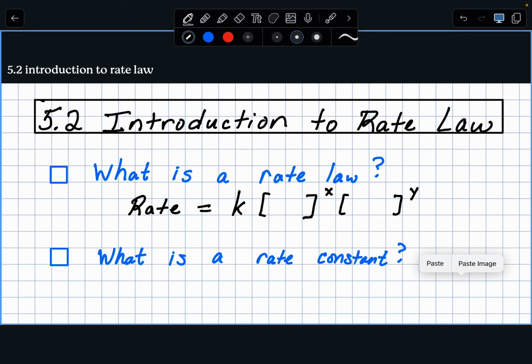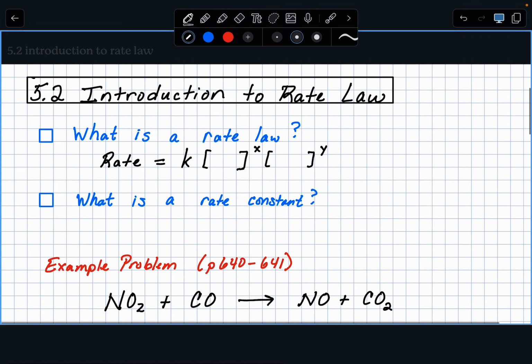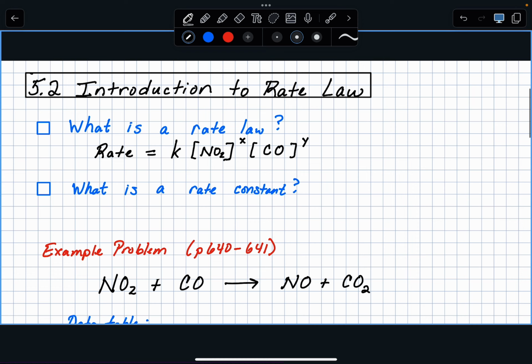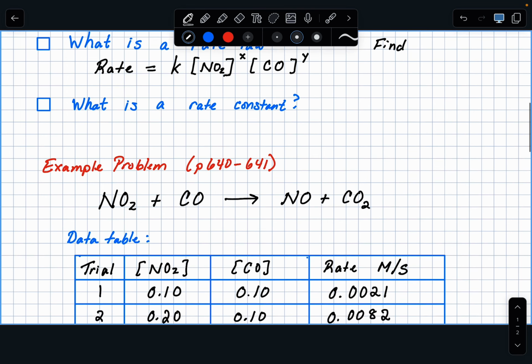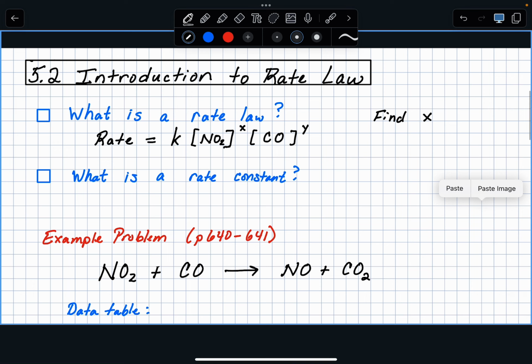All right, so for the reaction that we're going to do on page 640 to 641, those are our two reactants. So I'm going to write down that one of them is nitrogen dioxide, and the other reactant is carbon monoxide. And the hope is to find the X and the Y and the K. What you're going to find here is not what you think. A lot of people think you're going to find the rate word, but you're actually not. You're going to try to solve for what's X, and for what's Y,